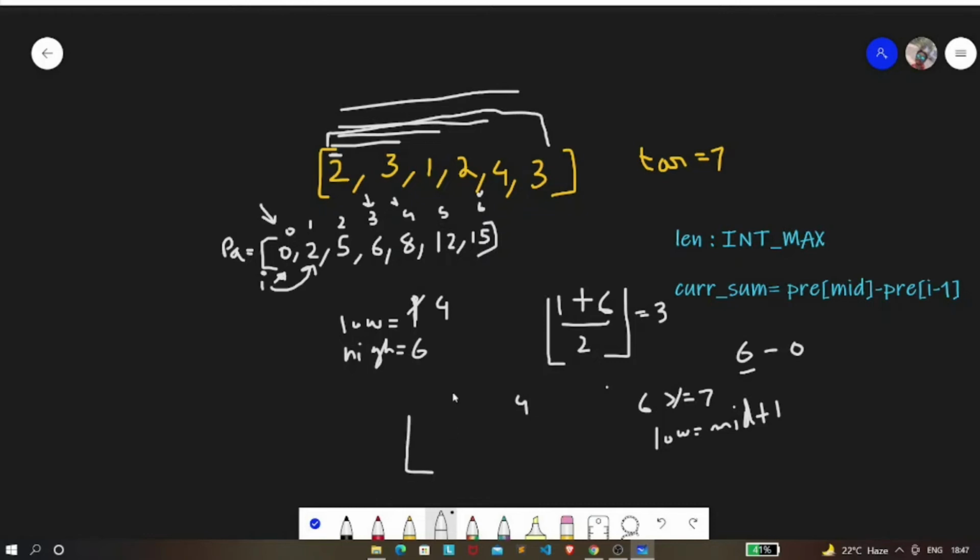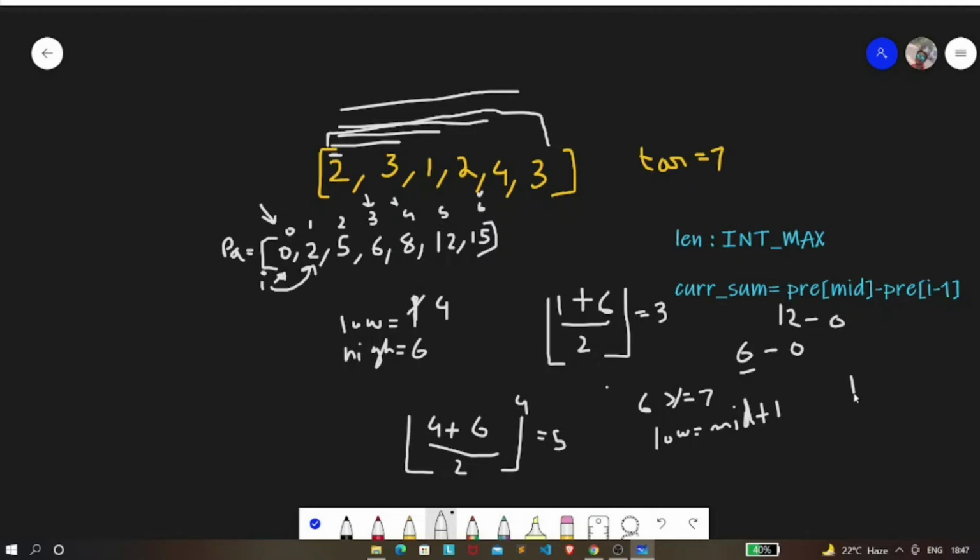So we're going to find the mid element as 4 plus 6 by 2, so it will result in 5. Then again we're going to find the current sum. So pre of 5 is 12, and if you consider the I minus 1, that is 0, pre of I minus 1 is 0, so our sum is 12.